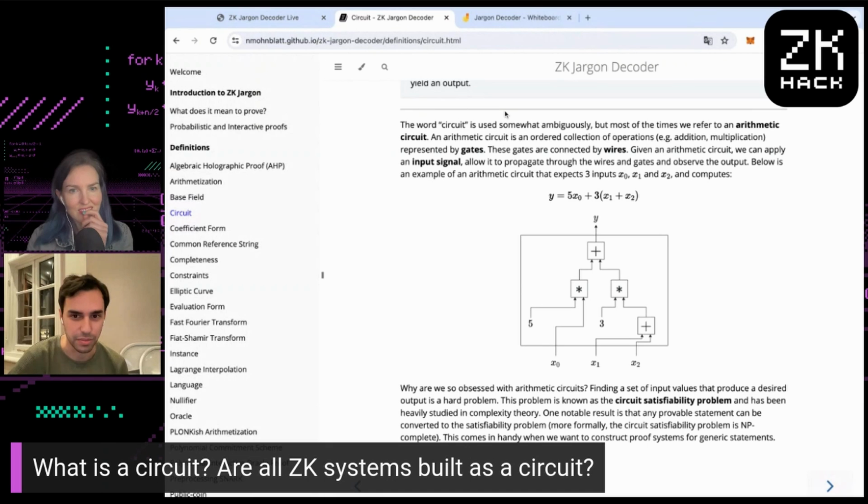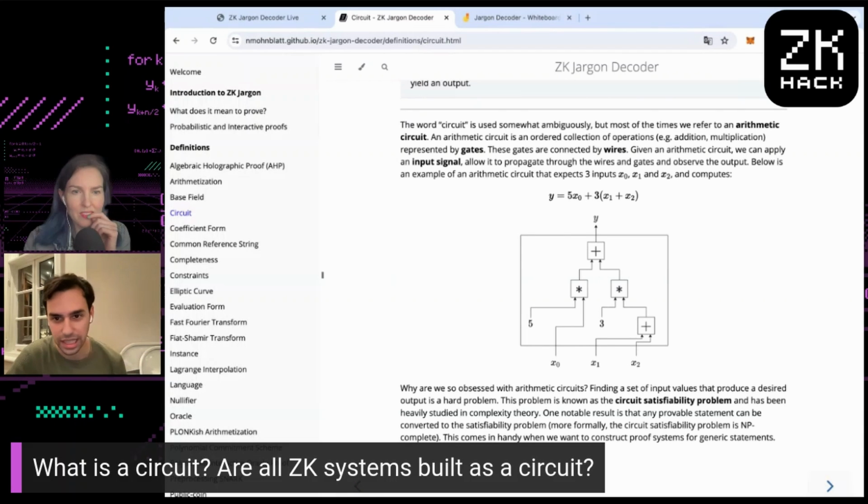So that's what a circuit is, essentially a sequence of operations. Why do we care about them? Are all systems built as a circuit? Yeah. So actually relating this back to what we are proving, we can prove many things with the circuit. We can say, is 10 a possible output for this circuit? And in that case, the prover would have to find these x values that make it go to 10. Or you could be more strict with it. Like, is 10 the output when x0 is 5? You get to choose essentially all these values that stick out of the circuit. You get to ask questions about them.